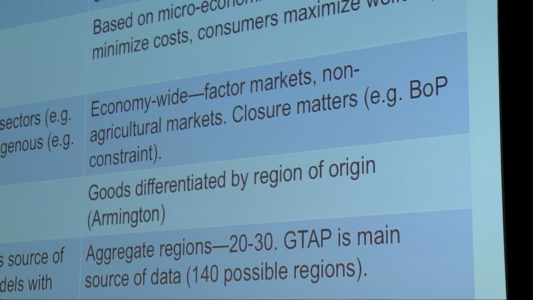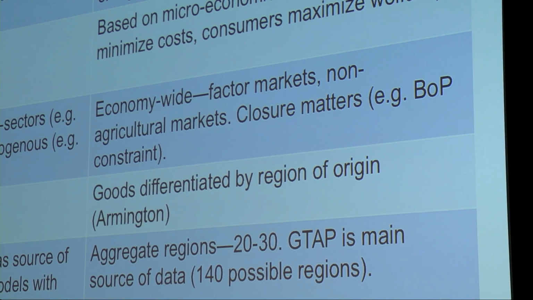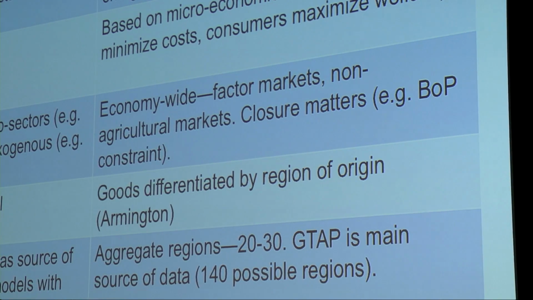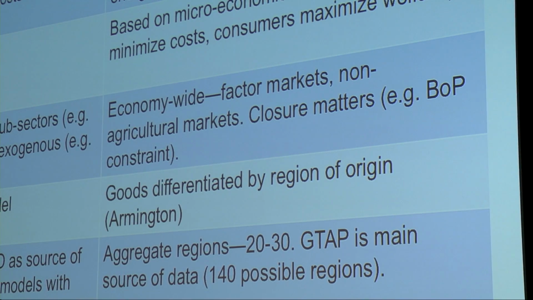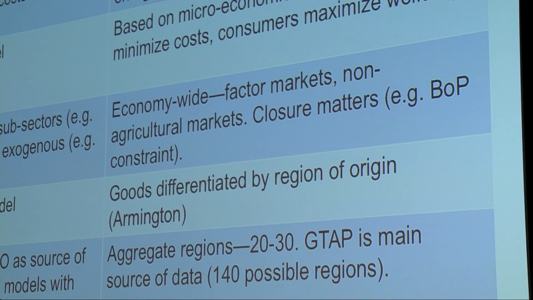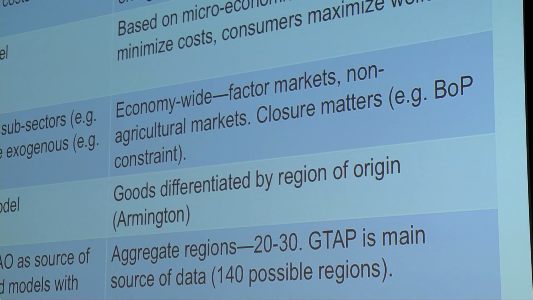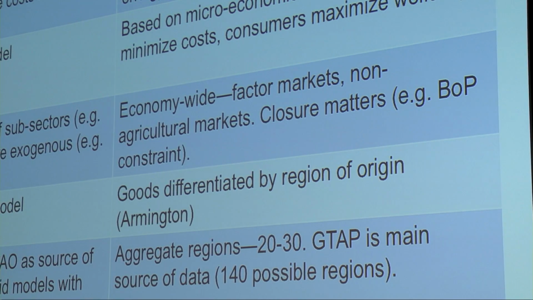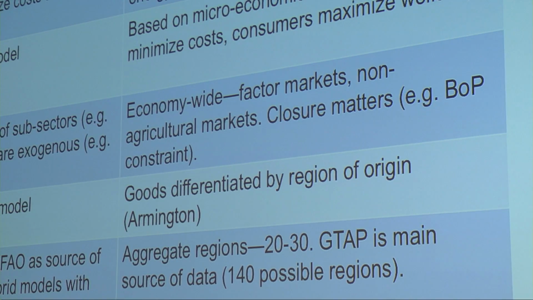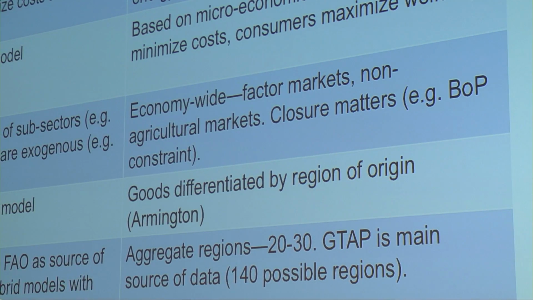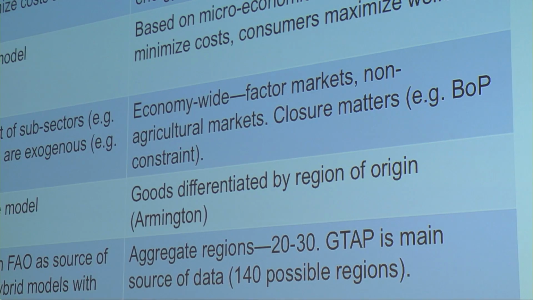And that means that if you take the case of India, for example, and it has a big climate shock, all right, production goes down, demand doesn't change, let's say, well, it's going to have to import additional food, right, to feed its population. By doing so, it's going to have to pay for those imports. And the GE model will tell you how India is going to pay for that extra food. So it could borrow more from capital markets, and we can model that, or it's going to have to export more.